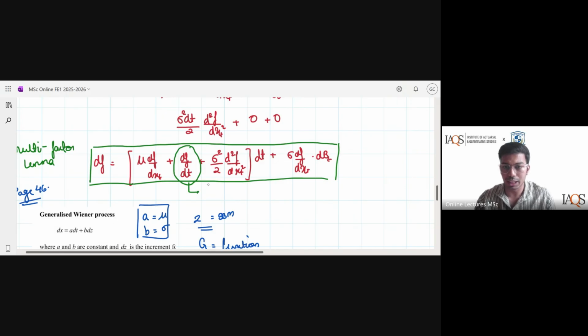Therefore, this df by dt wouldn't have existed in my single factor lemma because I don't have time variable as the second variable. Even if you use multi-factor lemma for single factor function, this is going to be always 0. Because there is nothing time related, hence differentiating the function with respect to time is going to give you 0. So you don't need to remember single factor lemma at all. You can use multi-factor lemma. If there is nothing time related, you will get df by dt directly as 0. Understood?